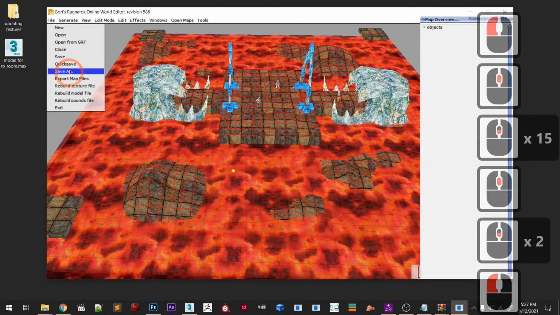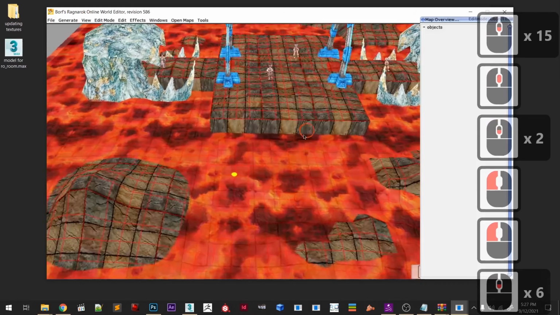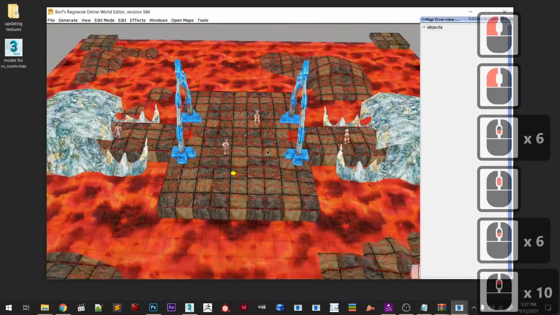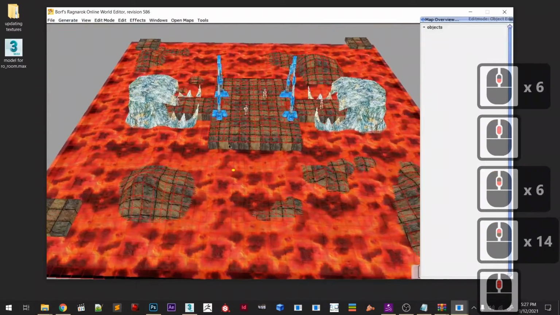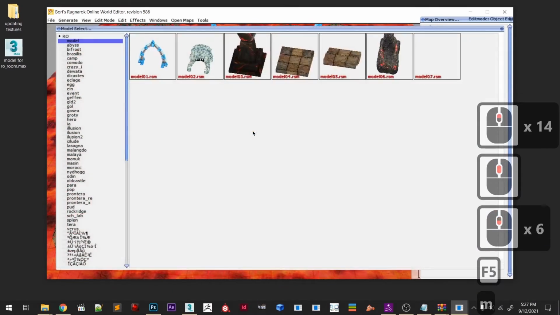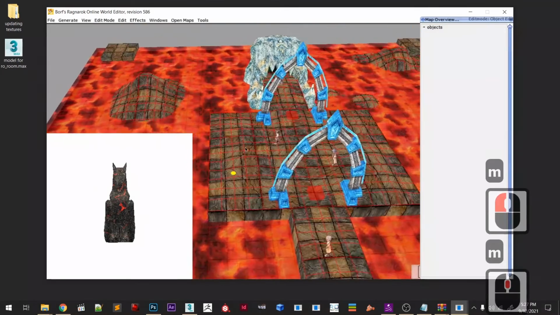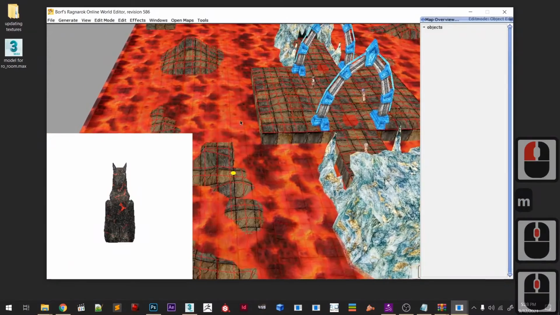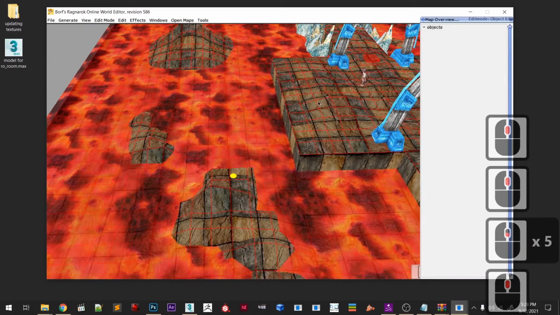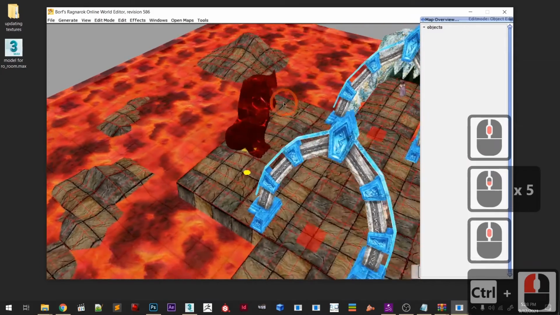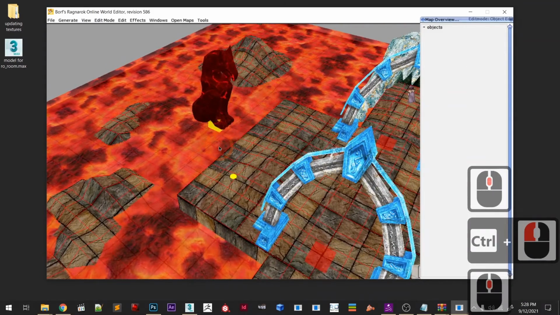So File, Save, and now I'll go to F5 Models, and I'll bring this statue. So maybe this statue can be put inside the lava. Oh yes, this is the